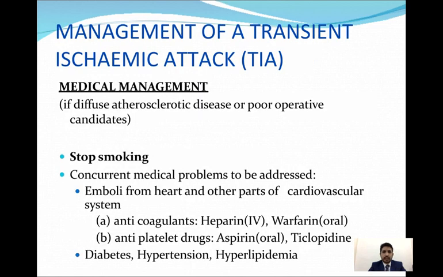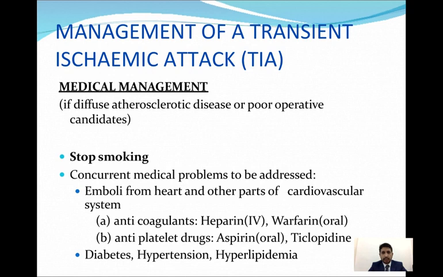We will start with the treatment of TIA. Remember from the definition: a focal neurological deficit of vascular origin in a region that lasts for less than 24 hours. So if a patient of TIA comes, we need to find out the underlying cause and do the secondary prevention so that this TIA does not recur or go towards stroke. TIAs are actually warning signs that something big is coming or can come, so stop it if you can.